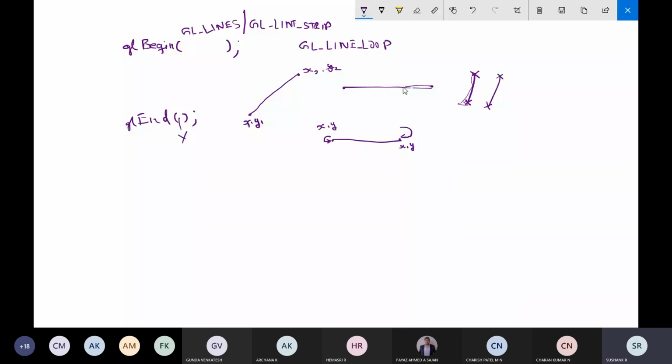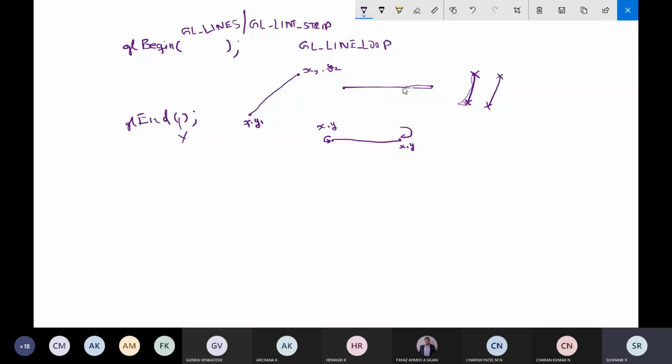These are the constants used to decide how the endpoint positions will be connected to form a set of straight lines. Sometimes I might say line segment, and sometimes I will say line. They are one and the same.